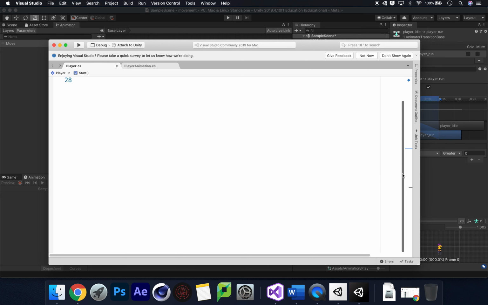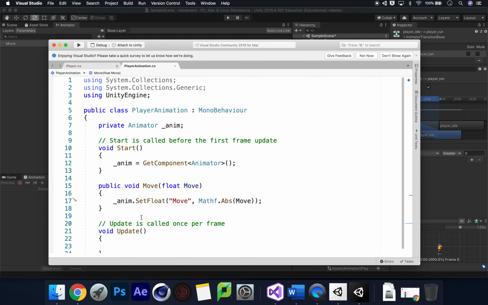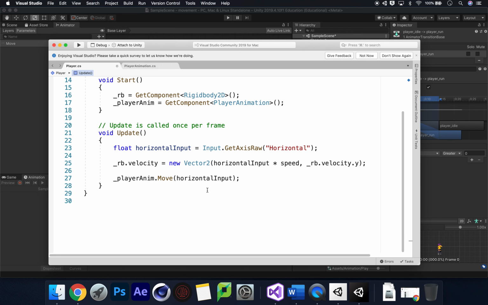Okay, so what we're going to do is put some space at the bottom of our void update, and what we can say is underscore player anim dot move is horizontal input, and then we're going to do the semicolon. So what we're saying here is our player animation move method, so this move method right here, is now going to be affected every time we move left or right. Okay, so what we're going to do is save this script,